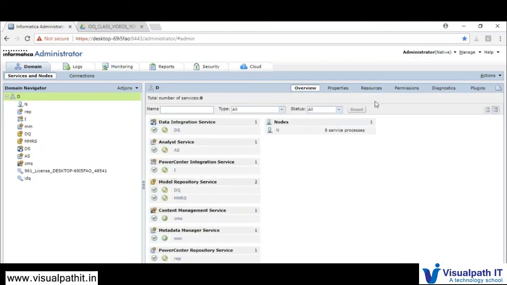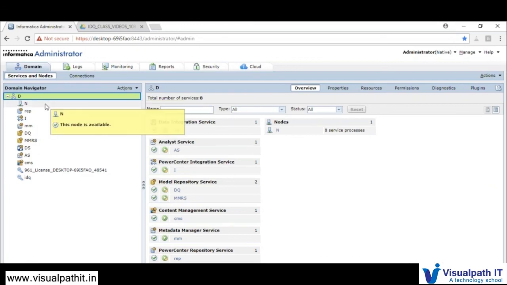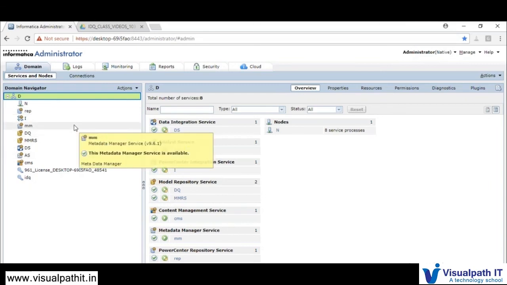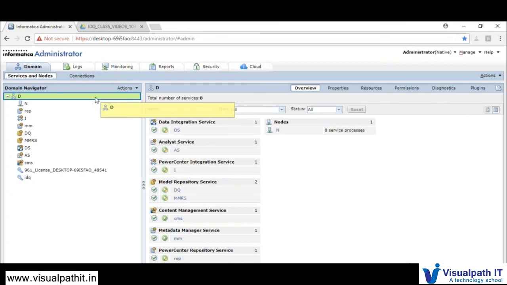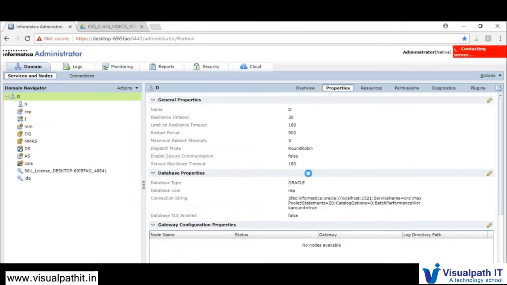So we have logged into admin console, and the very first and foremost thing we have to check is whether your domain has been created. Imagine we have not gone for any configuration yet. Your domain will be there and node will be there. The rest will not have anything when you are doing a fresh installation. Just go to the node and check the properties.